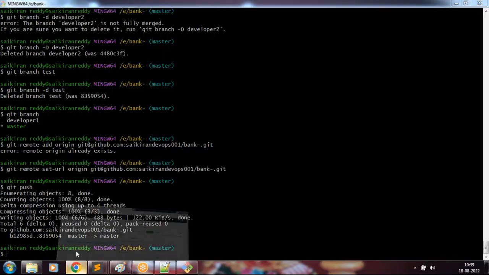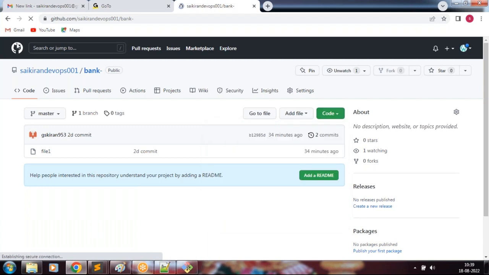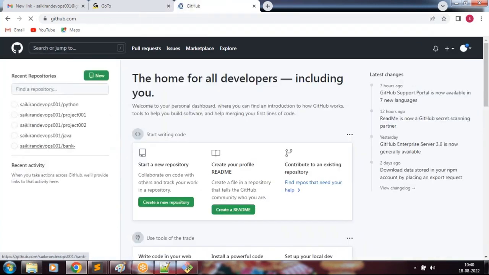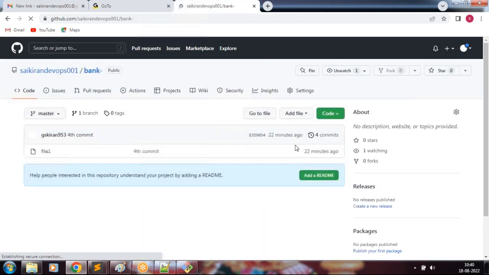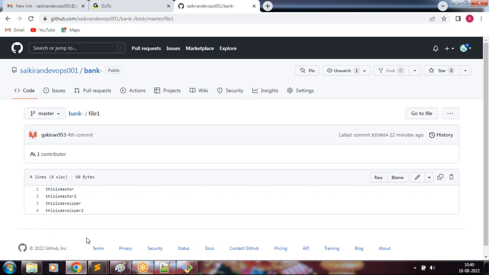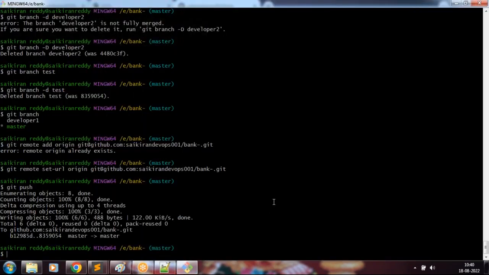So now let's refresh this. Okay, reload this. So if you check this file, all changes are pushed into the remote repository. Okay, this is done. Now the next concept is